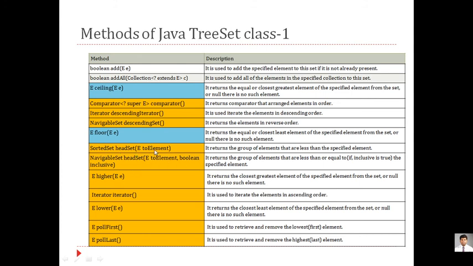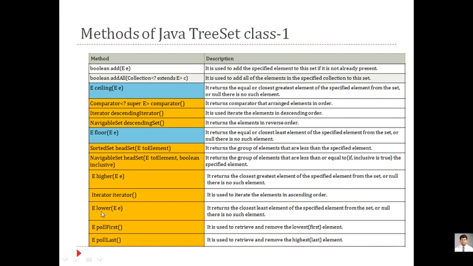Whenever you're using SortedSet, true and false values are not provided. Whenever you're using NavigableSet, true and false values are provided. So suppose I want the current value, as we have seen, I have provided 5 comma false, 5 comma true. If I'm using that, it will automatically switch to NavigableSet. And if I'm providing only one value, that is 5, 10, 15, any number, it is considered from SortedSet. So these are the two things, same name of functions, but it's called function overriding. You are not overloading, you are overriding those functions.